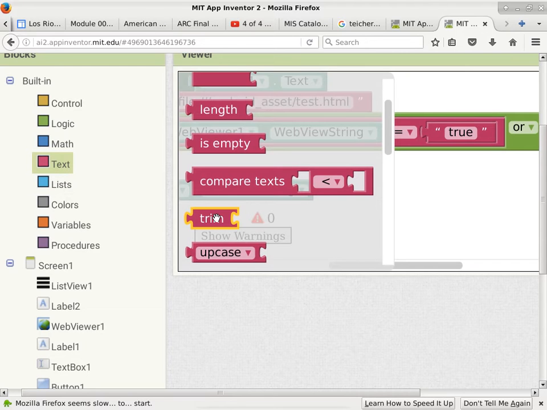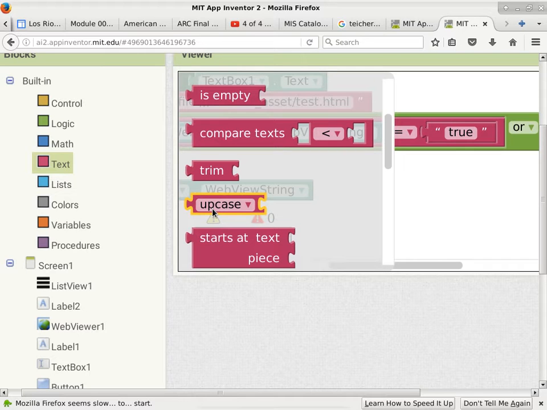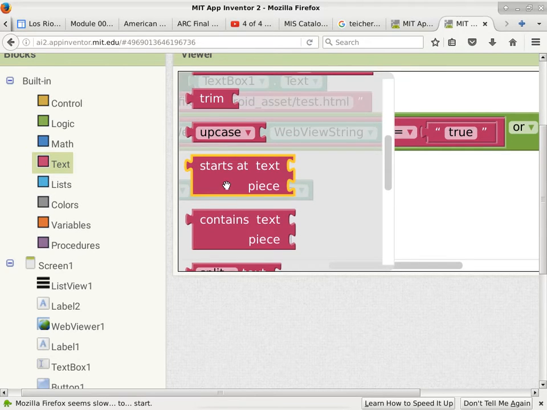The next one we haven't really talked about. It's just for removing leading and ending spaces, so it's good for validation. Before you validate something, you might want to get rid of all the beginning and ending spaces. This one allows you to convert everything to uppercase or lowercase. Because it's a drop-down box, it does allow you to select lowercase. The other ones allow you to